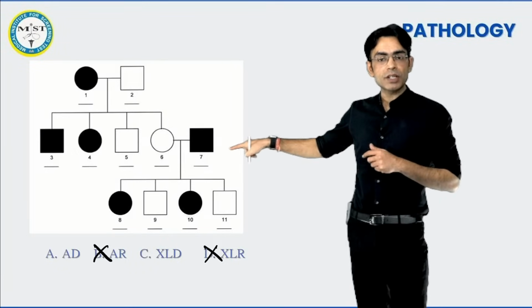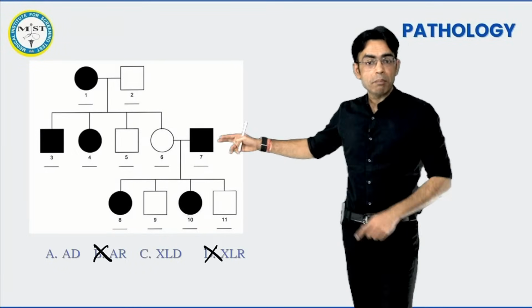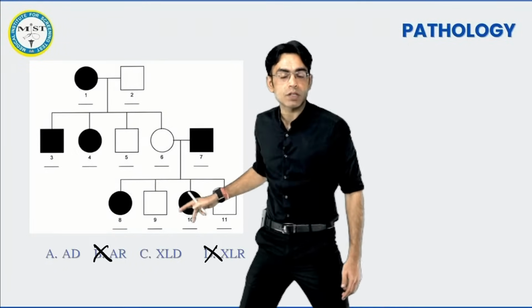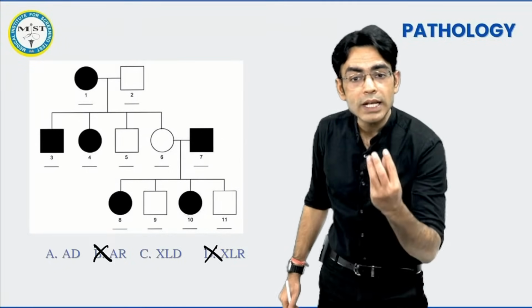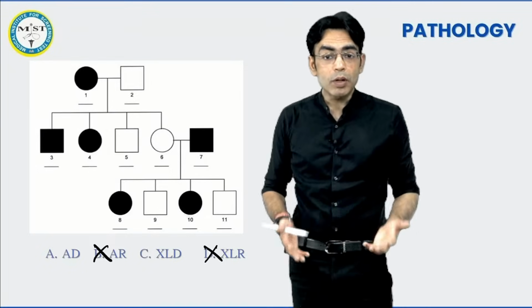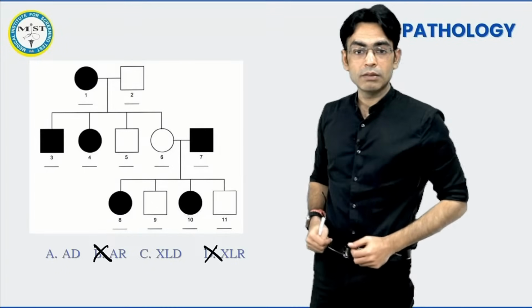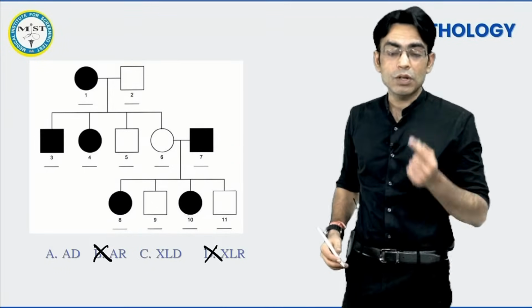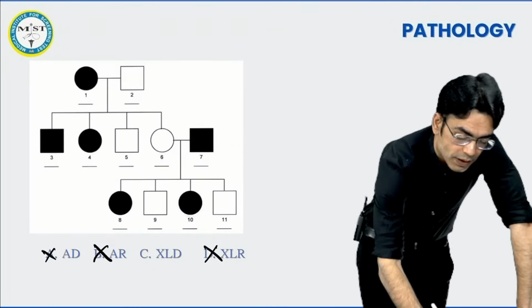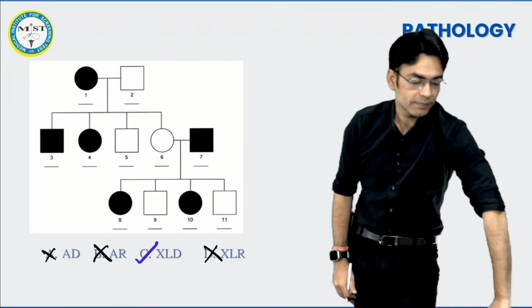Male is having a mutation here, that is why it is diseased, no, but male only giving to daughters. Yes, if it's a X-linked disease, male can only give to daughter. Why? Because male transfers Y to the son and X to only daughters. इसके X पे problem है. What is the answer for this question, Chotu? The answer for this question becomes X-linked dominant.